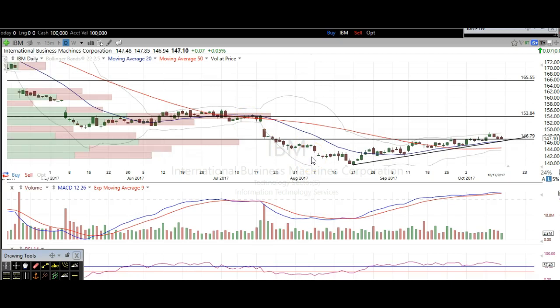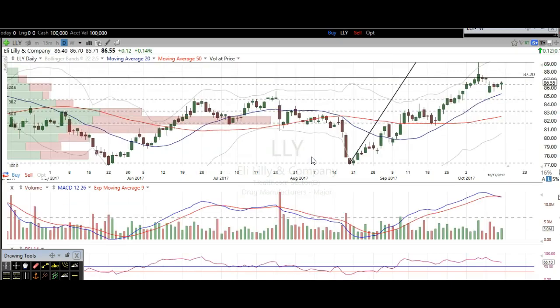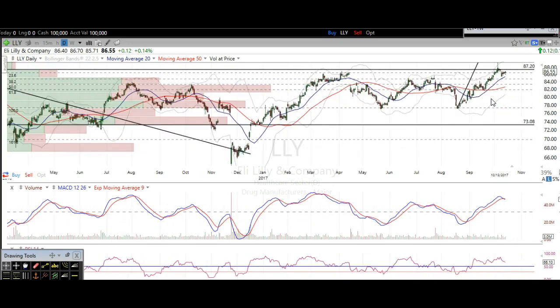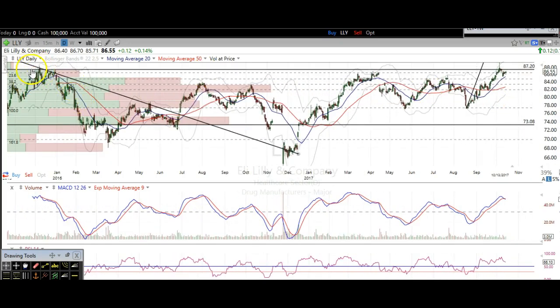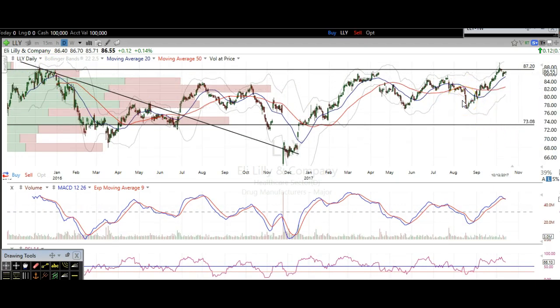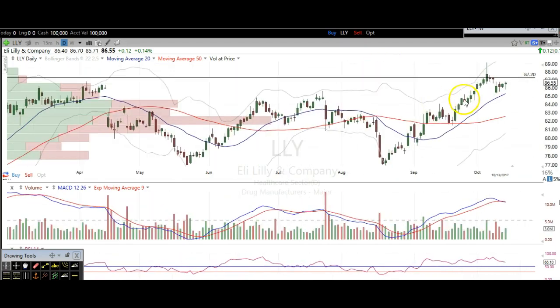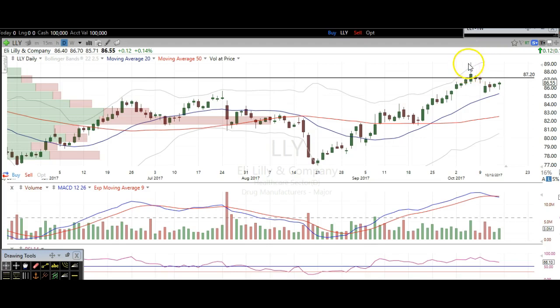The next one we're going to touch on is Eli Lilly, and you can clearly see it's reacting to this level. I'm going to show you right here. I'm going to delete this Fibonacci retracement level just to clean up the chart. But we've got this resistance from back here in late 2015. Right here, we knocked our head into it. And then right here, you can clearly see we tried to break over it, but we had this rejection candle right here, which to me isn't a huge deal because the following couple days just traded sideways